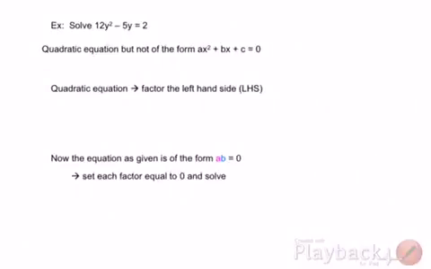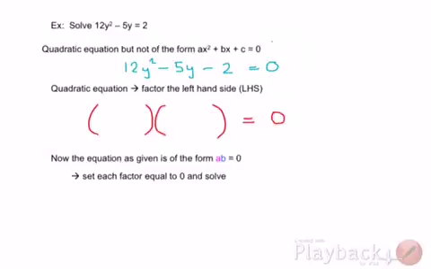So my next example, 12y squared minus 5y is equal to 2. Again, it's not in factor form and it's not in standard form, so I need to write it like this so that I can then factorize the left hand side. So my 12y squared minus my 5y, when I bring my positive 2 over, it becomes take 2, is equal to 0. I need it to equal 0. If it's not equal to 0, I can't write the null factor law. It has to equal 0, so please make sure that it equals 0. Open up my two brackets,